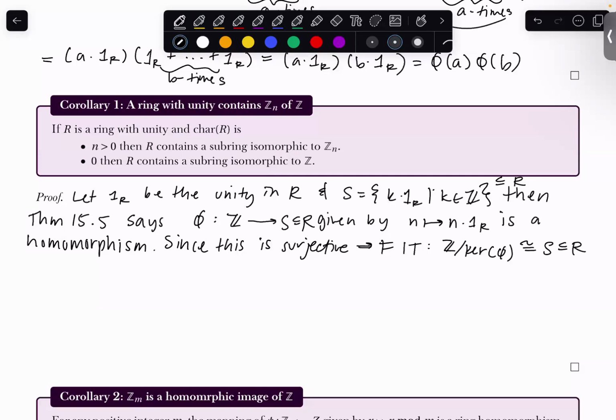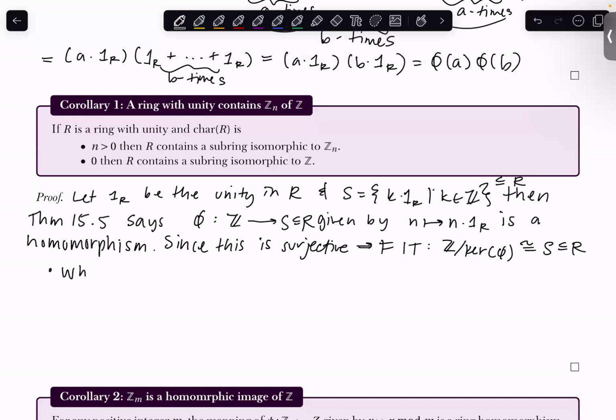Okay, so let's see what happens with our characteristics and make sure that it's actually what we want it to do. So if my characteristic is bigger than 0, then what I know is that the additive order of 1 had to be n. Because in a ring with unity, we know exactly what its characteristic is, dependent just on the additive order of its unity. Okay, and so what this ends up doing here,